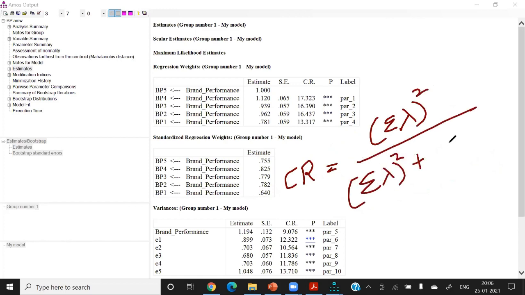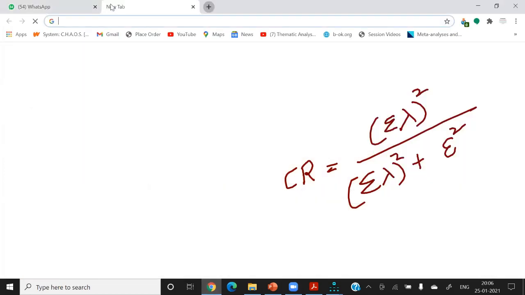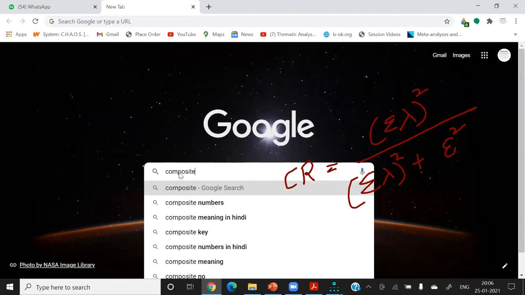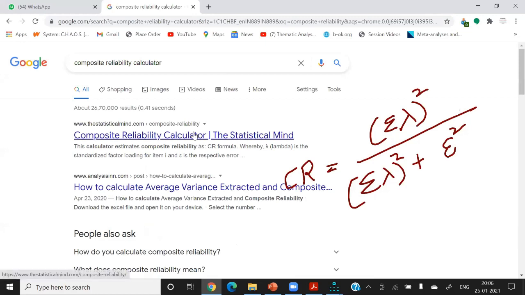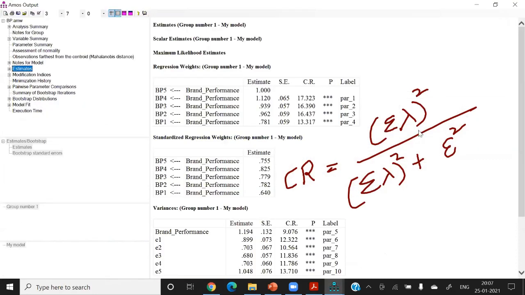So let me check the formula from the internet, because the composite reliability formula is sigma lambda square over sigma lambda square plus sigma. Yeah, so the formula is right. Okay, now I'm just showing you how to apply this formula.